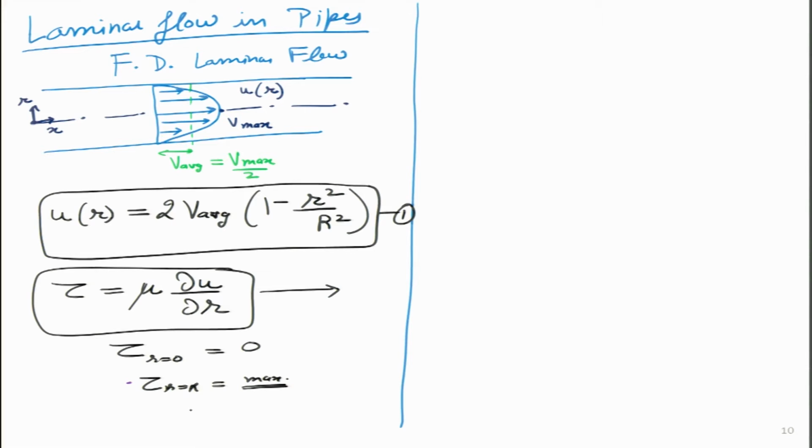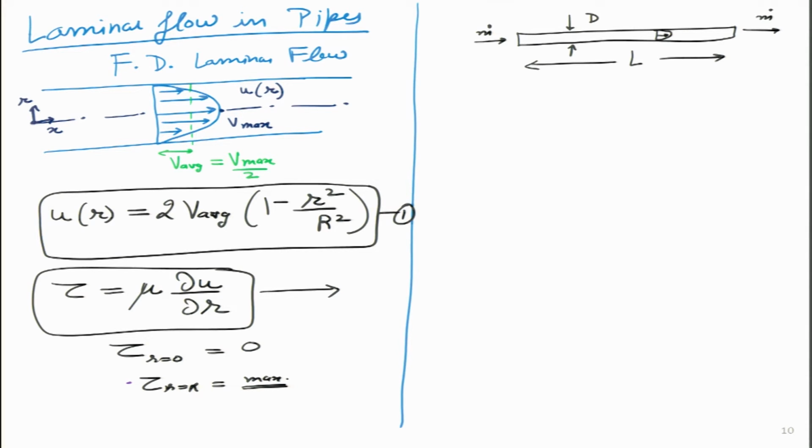Now, let us try and figure out what is the pressure drop in this particular pipe over here. If it is a long pipe of length L and the diameter is known to us as d. Inside, the parabolic velocity profile is there and I know the mass flow rate at the inlet; the same mass flow rate is coming out over here.